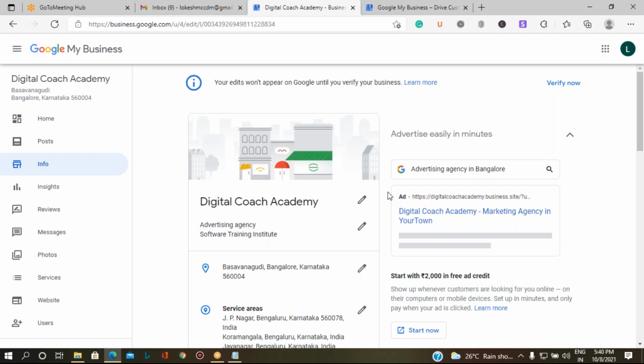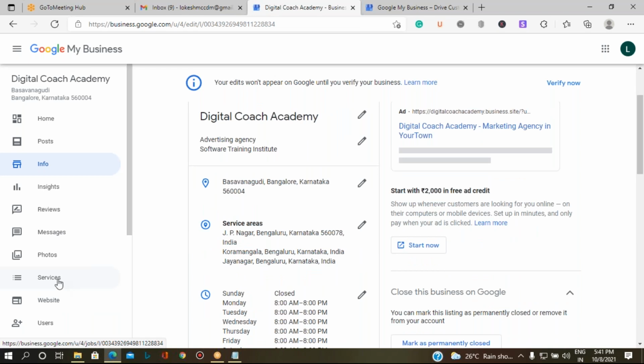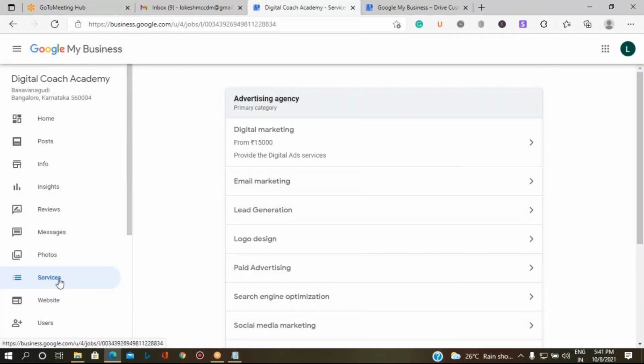Okay, so try to make sure that the profile is completed and that it gets verified with the business account. The next thing is, at the time of adding the information itself, you may have an option to create a service list. So you can go to the service list and add all the services you are providing, and also enter the price ranges, in case they show an interest in those particular services or products.